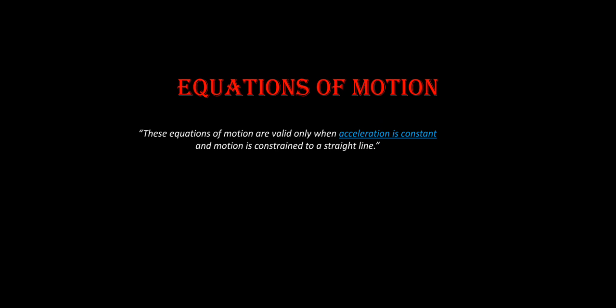In the last lecture, I talked about constant acceleration graph. So we have drawn graph between velocity and distance, and a straight line shows an object is moving with same acceleration, and its velocity is changing with equal amount in equal interval of time. In this lecture, I am going to talk about equation of motion.